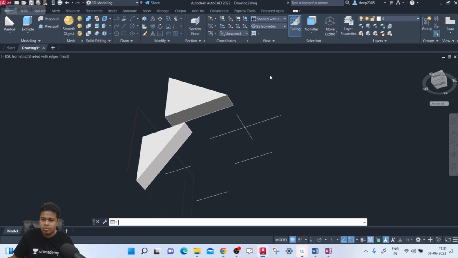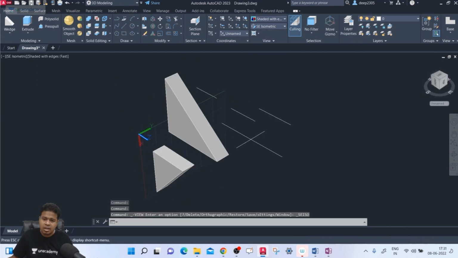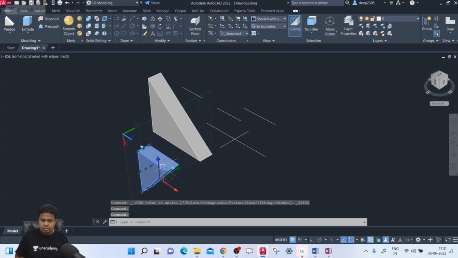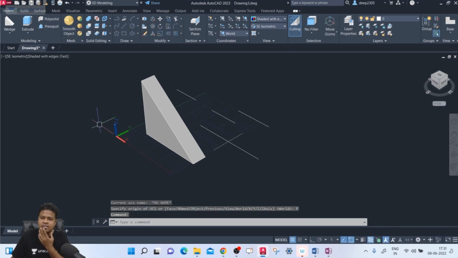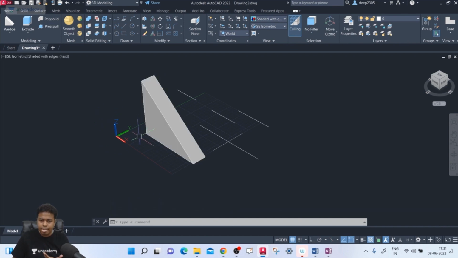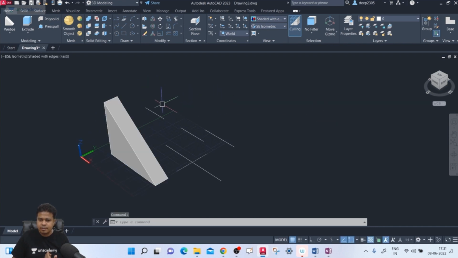Go to SE isometric again. I hope you got my point. Now you can do previous UCS. Go to UCS, previous. You will get the original UCS. Suppose you want a wedge like this, in this direction. You want your x-axis in this particular direction. So you can rotate